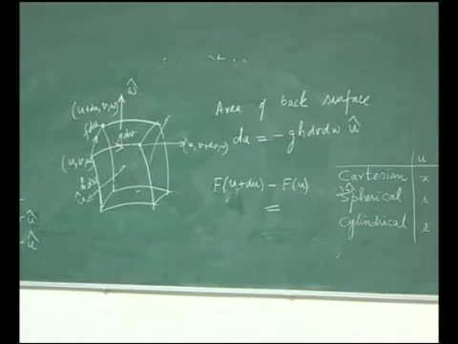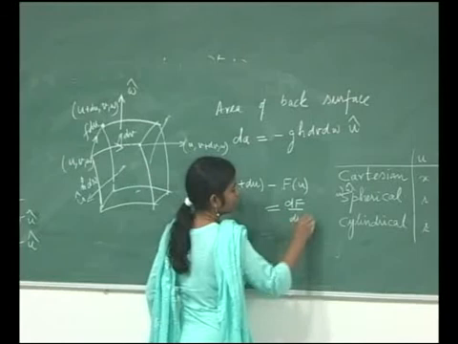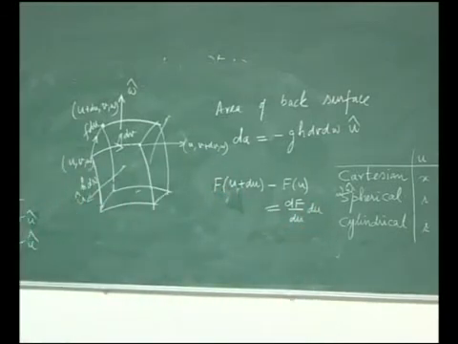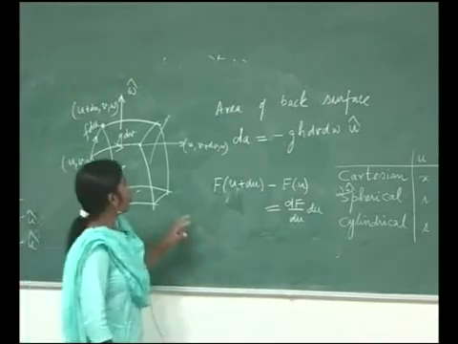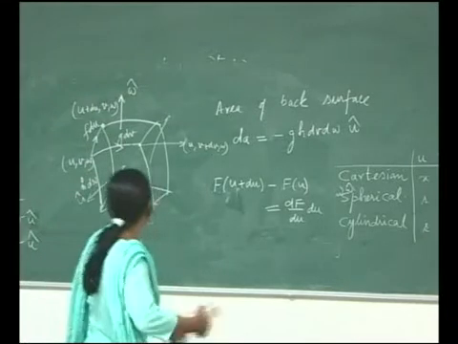Tell me the basic theorem of differentiation. It will be df by du into du, right? So what is the change? When I go from here to here, I have to calculate the change when I move from here to here, and that change is equal to